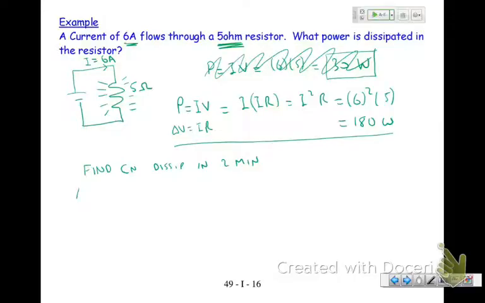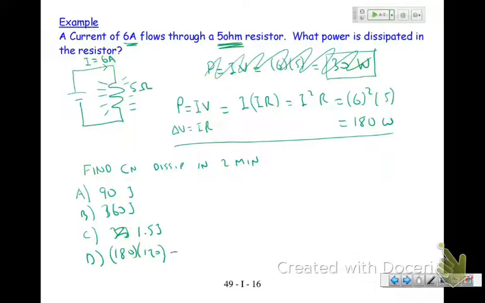A is going to equal 90 joules, B is equal to 360 joules, C is going to equal, let's have a look, 1.5 joules, and D is equal to 180 times 120, whatever that works out to be